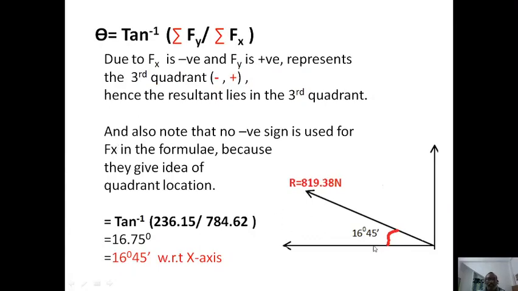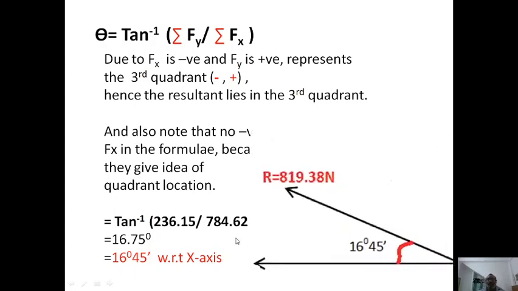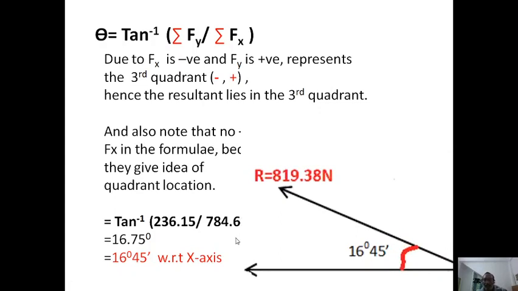So you draw the resultant coordinate axes like this, and to get the direction, use the theta formula. Theta is equal to tan inverse sigma f of y by sigma f of x. Therefore, substitute the values of sigma f of y and sigma f of x, irrespective of positive and negative, in the formula, and you will get the angle with respect to the x-axis, that is 16 degrees 45 minutes. The same has been shown in the diagram. So you have to draw after obtaining the values